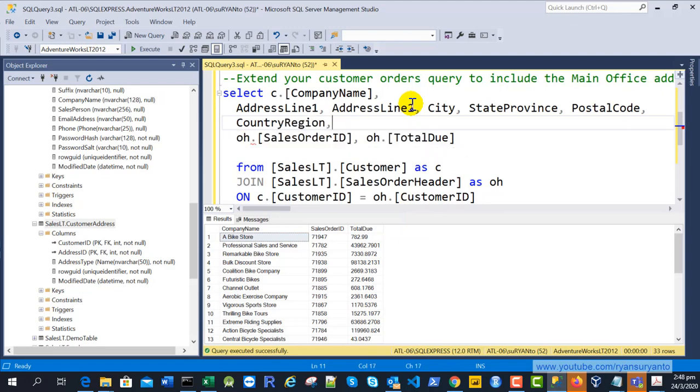Then after that the sales order ID already.